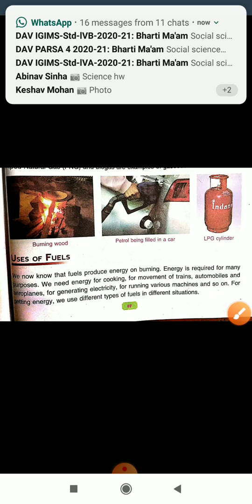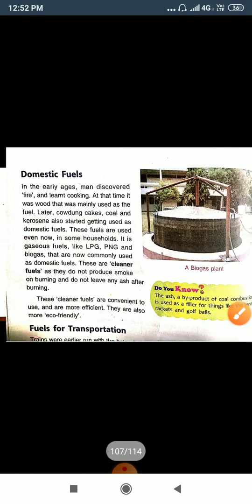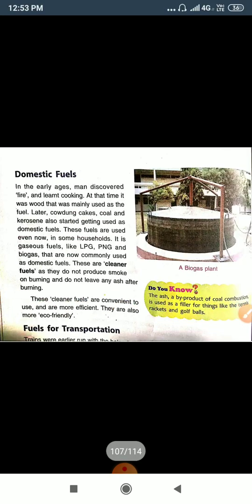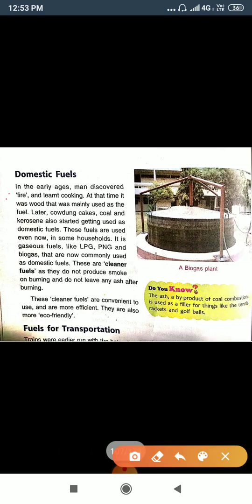Now in the uses, you will see it is used as domestic fuels. In the early ages, man discovered fire, that is meant for the cooking, and at that time wood was the fuel